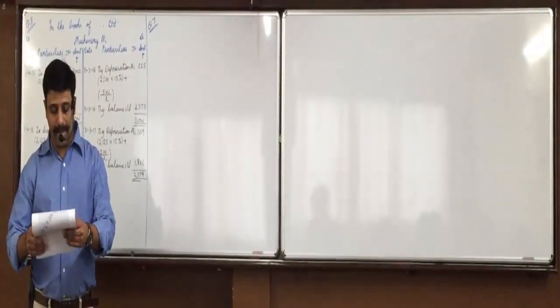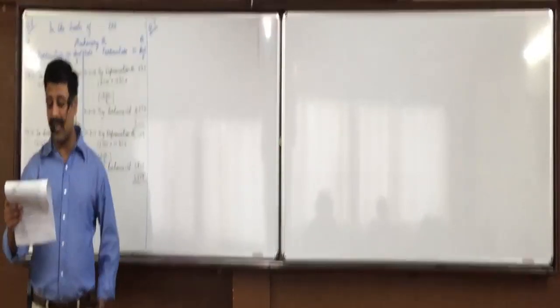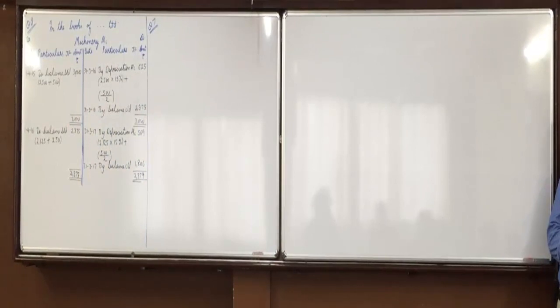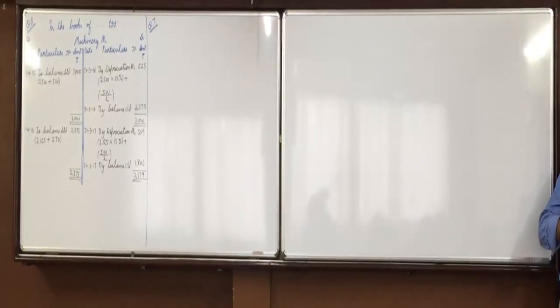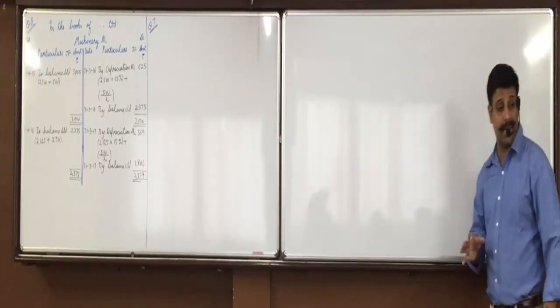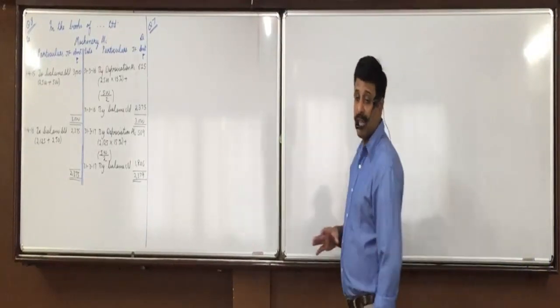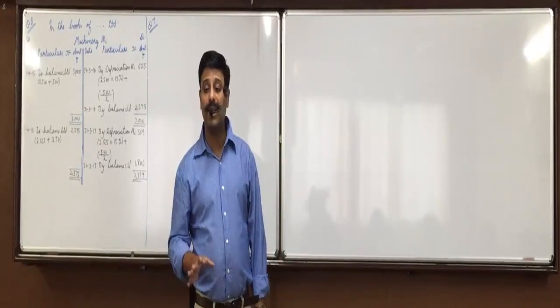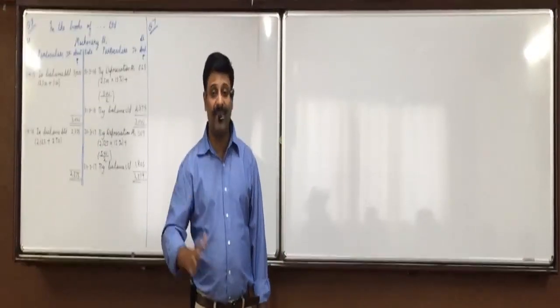Depreciation as per Schedule 11 of Companies Act 2013 and guidance notes. Underline the last sentence: the Schedule 2 prescribes that the useful life of an asset shall not ordinarily be different from the useful life specified in the Schedule. Now the Companies Act has made Schedule 2, and for every class of asset they have defined the useful life. We are providing SLM method. For plant and machinery, suppose they mention the useful life is 10 years, then you have to take useful life only 10 years. You cannot take different from that.